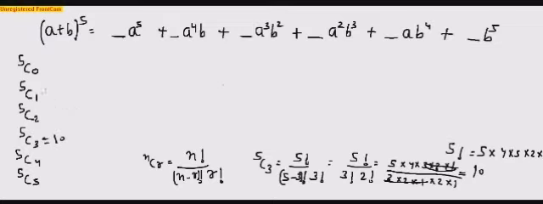Going by the similar logic, we will be able to calculate 5C1 equal to 5, 5C2 equal to 10, 5C3 equal to 10, 5C4 equal to 5. Right? Now, why is 5C0 and 5C5 so special? Because see, in 5C0 we get 5 factorial upon 0 factorial into 5 factorial.